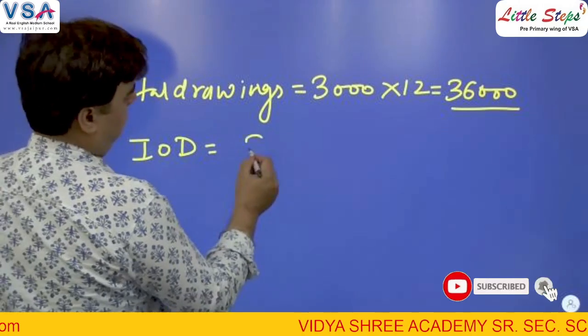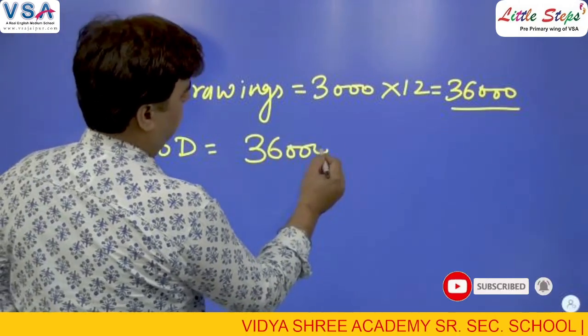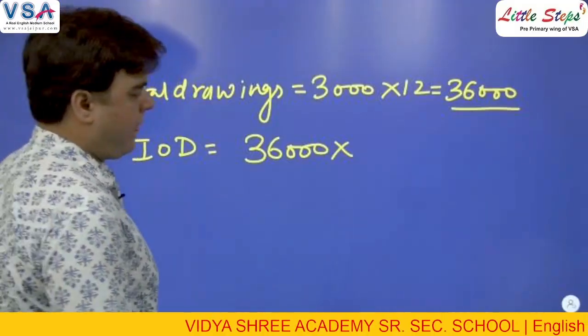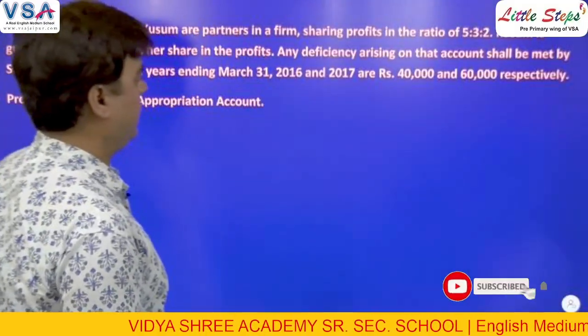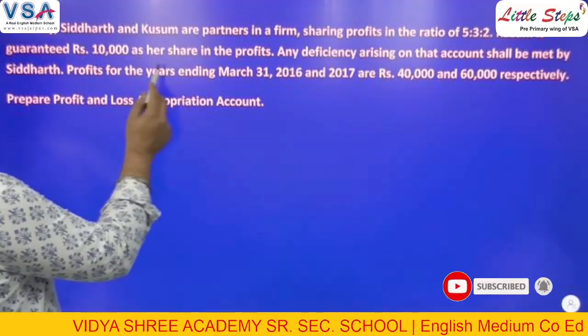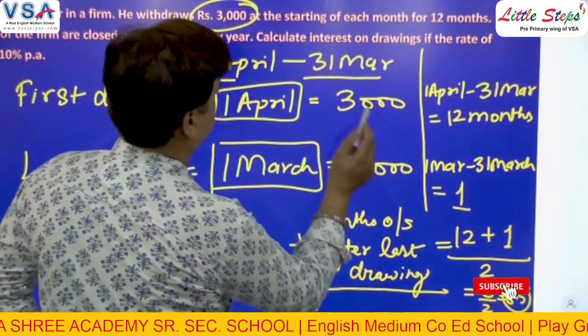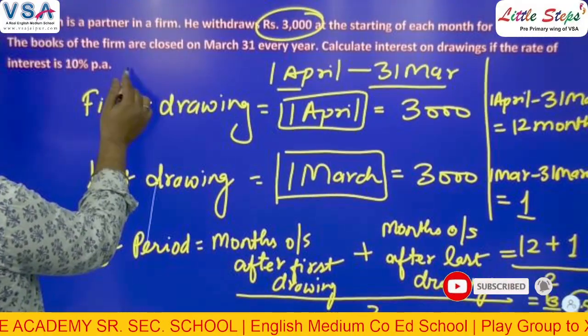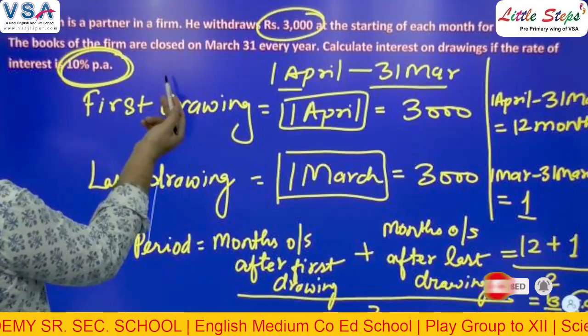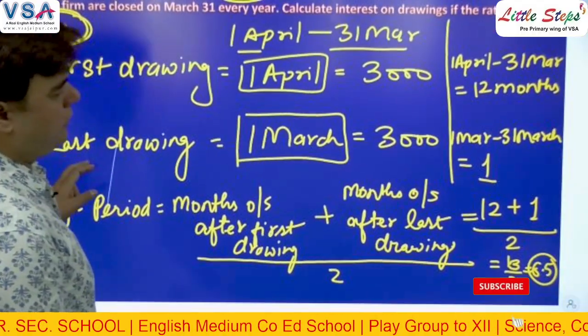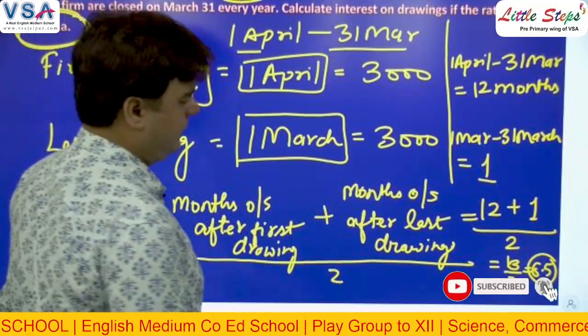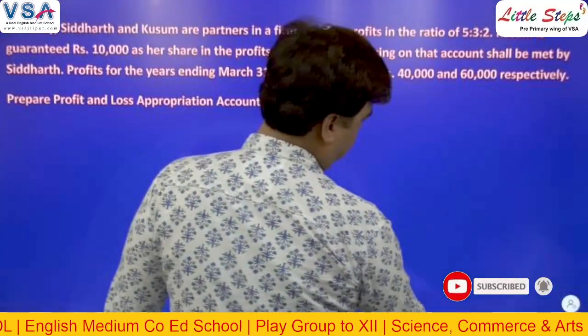For that, we'll simply have this 36,000, and how much is the interest on drawing? That is given as 10% per annum. Per annum I already told you, per year, right? So 10% per annum or per year,